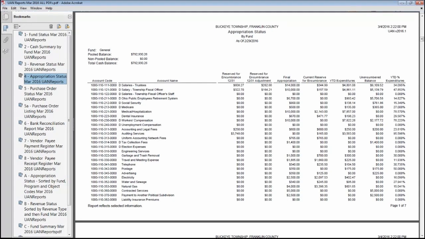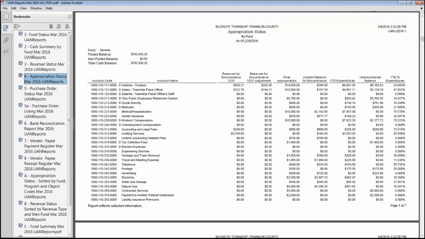And I can see that, for instance, I had reserved for encumbrances at the beginning of the year for salaries, for withholdings that were from the previous year, some monies, as well as the monies that were actually paid currently against those withholdings through the reserve for encumbrance adjustment. I have a final appropriation, which is what my permanent appropriation is currently for the year, my current reserve for encumbrances, my year-to-date expenditures, which is what I've actually spent thus far, and what I have